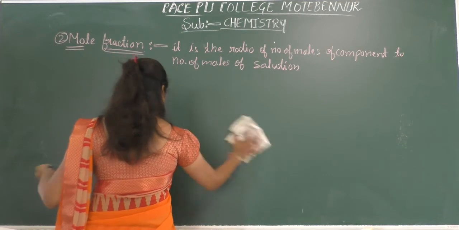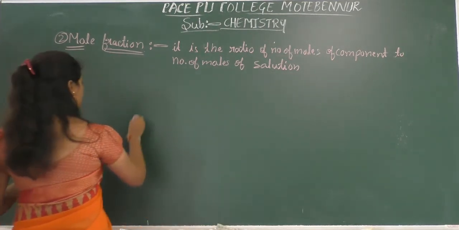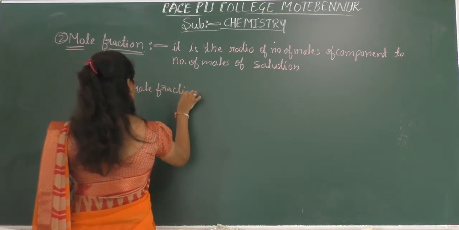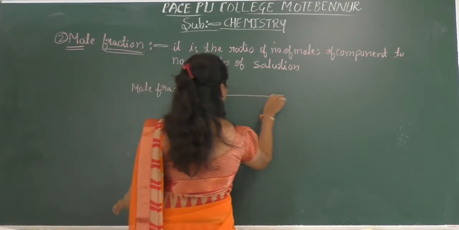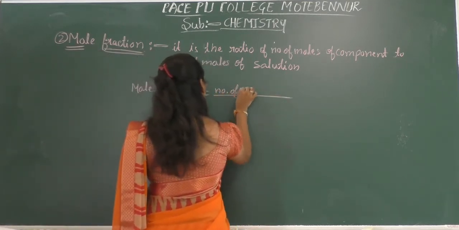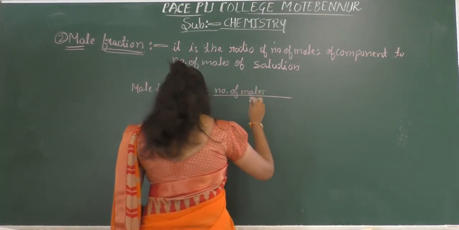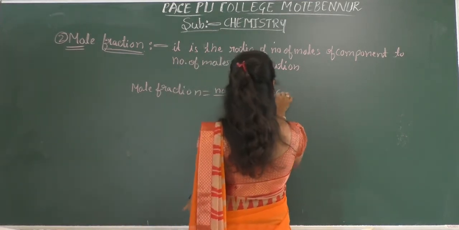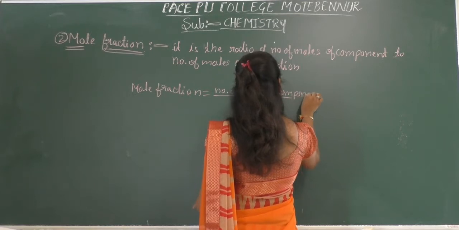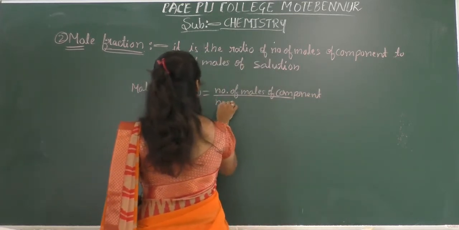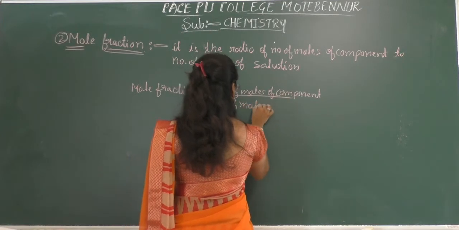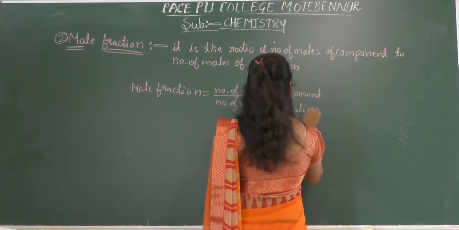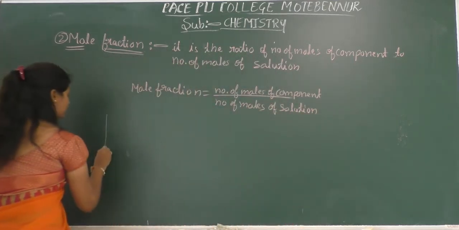Okay, so here the formula to calculate the mole fraction is: mole fraction is equal to number of moles of component to number of moles of solution. So for example,